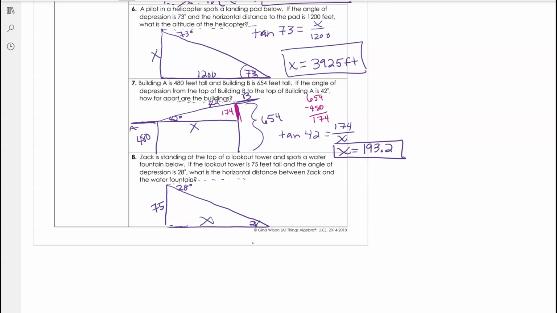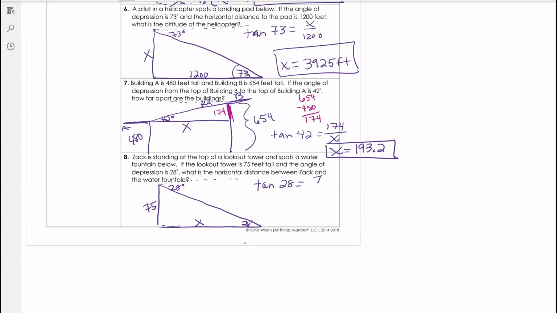So this is what we're looking for. That's our x. Looking at a tangent situation, tangent of 28 is equal to 75 over x. Cross multiply and divide, and you end up with x is equal to 1